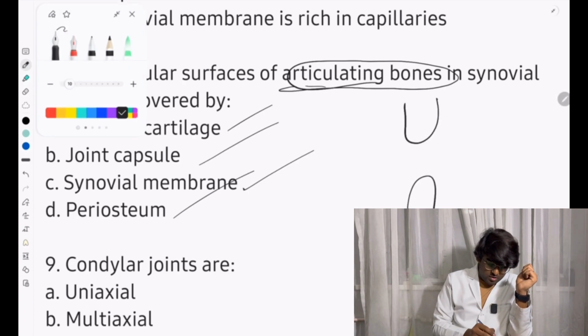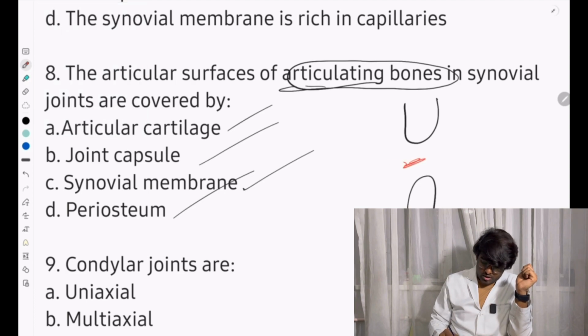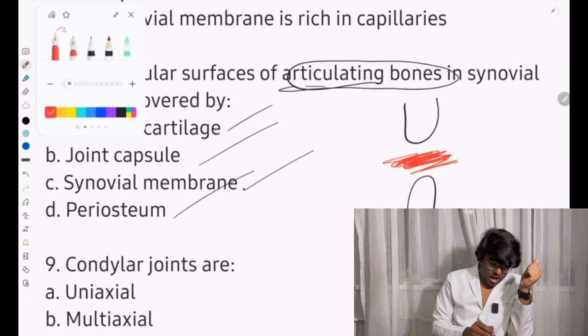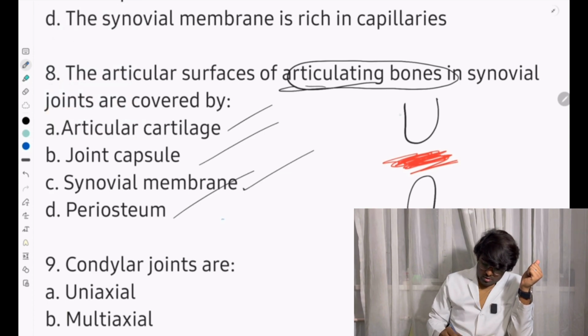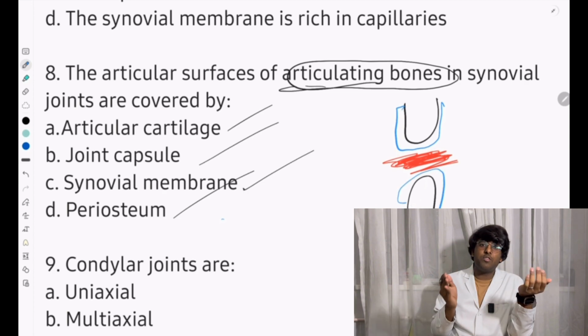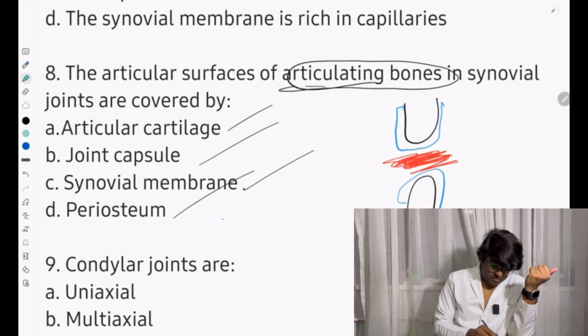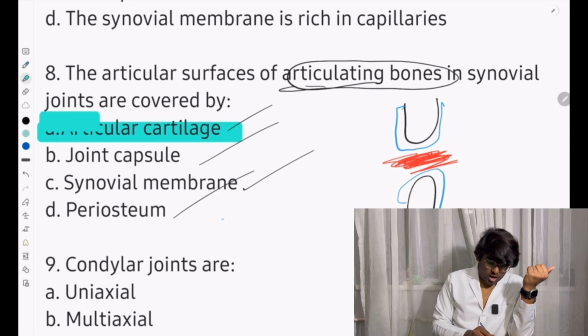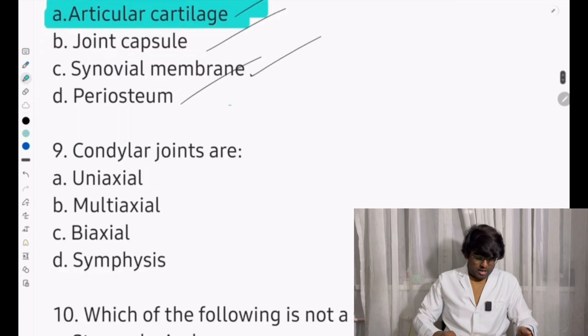Here, if I draw in another color, will be the synovial fluid. And if I take another color, suppose blue, this articular surface will be covering the proximal and the distal part of these bones to reduce the friction. Okay, so the answer will be articular cartilage. Then next one,